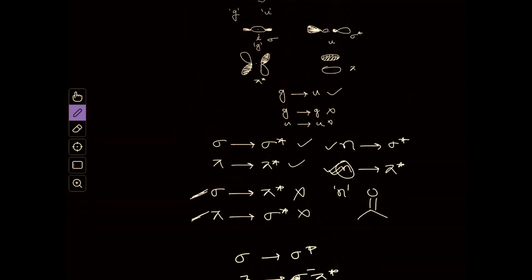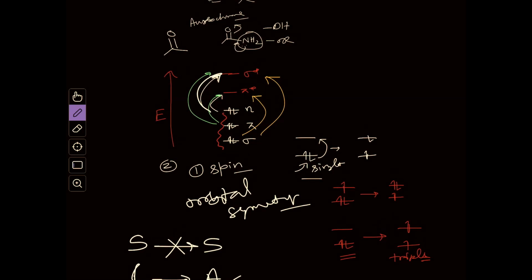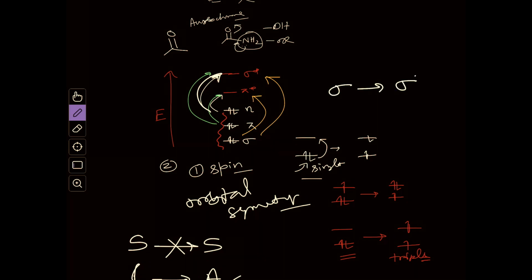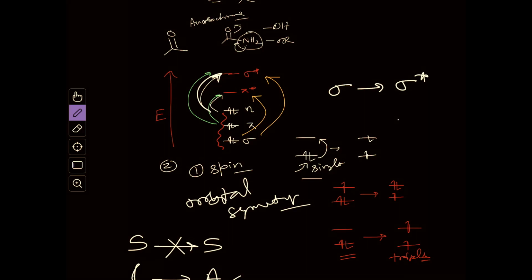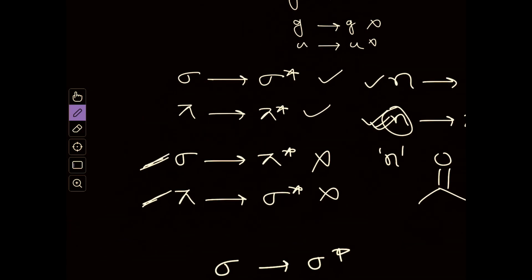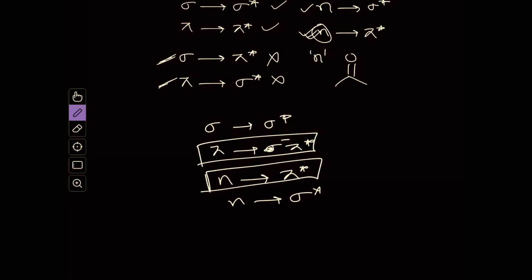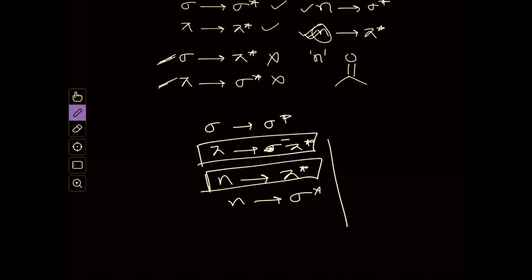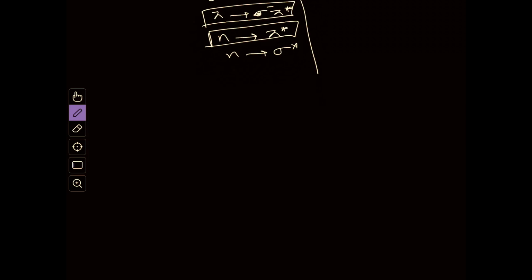Now if you look at the energy gap, you can see this n to sigma star, this is huge energy gap, so this transition is not that much important. And sigma to sigma star transition literally means breaking of bond, because if you promote electron from sigma to sigma star, you will eventually break the bond, so that's why it is also irrelevant. So our point of interest is these two transitions, they are pi to pi star and n to pi star. Whatever we will discuss will be on these two particular transitions. So this is the selection rule.